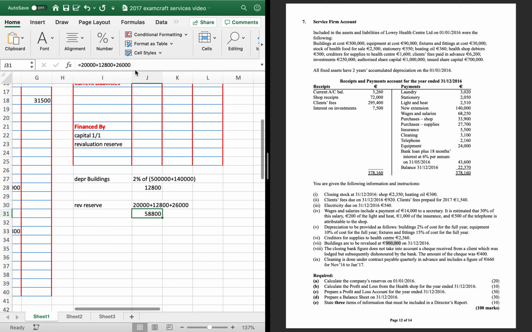So that is 292,800. Okay, so that's my revaluation reserve. So that's buildings done. So tick that off, tick off the extension. We're finished with that, and we've done our revaluation reserve job also. Next one,